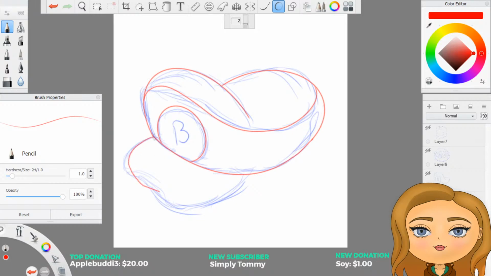Does it look better without the ripple in the middle? Does it look better just as a rounded one? Maybe. I'll tell you what I'm going to do. I'm going to put it on a separate layer. Okay, that line went a bit wild.